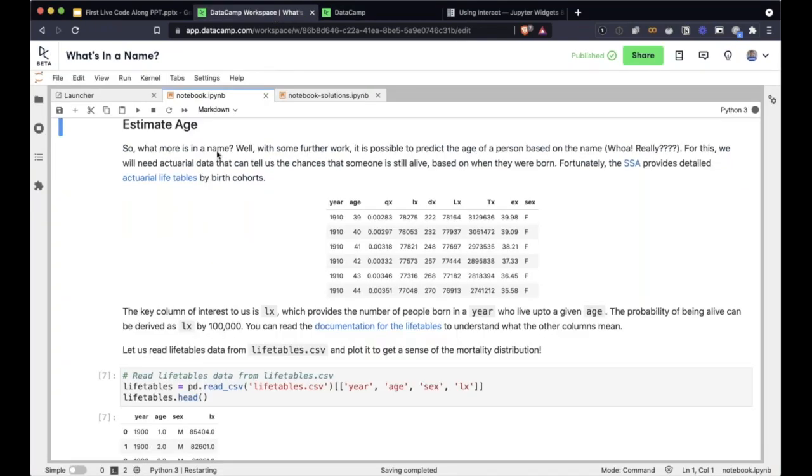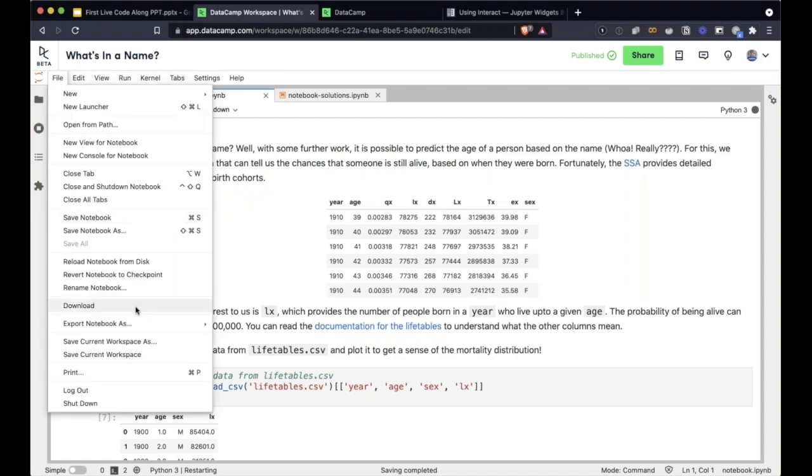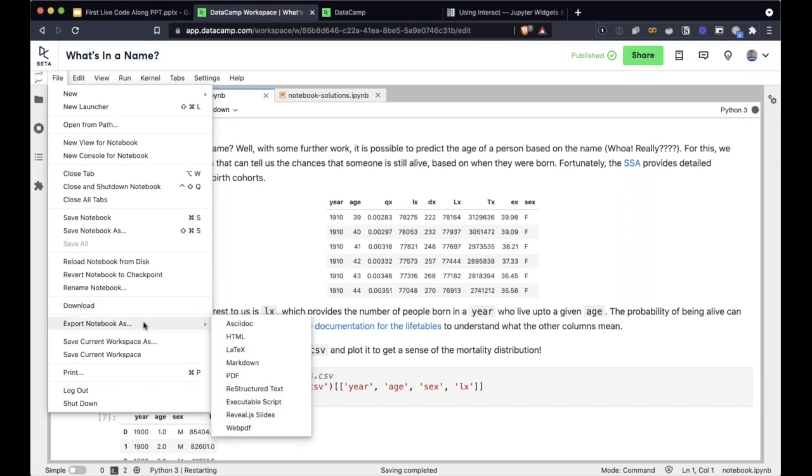The other way, which defeats the purpose of being in the cloud, is that you could download the notebook. But the disadvantage is that you will have to have a local Jupyter installed, and that's going to be limiting. You can also export the notebook in other formats, but the publication is probably the best way to share, given that there is no effort required once you do the publication.